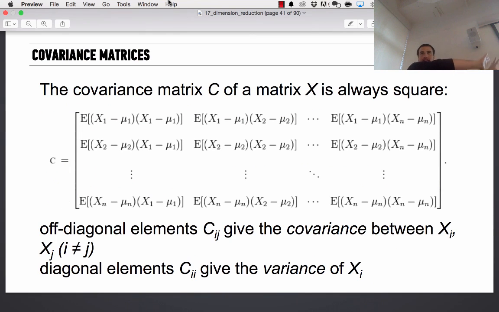For those of you who are curious, this is what it looks like. Given a matrix X, we will find the covariance matrix C. The covariance matrix, again, is a very large matrix, a very sparse matrix, where you get the relationships between different variables.